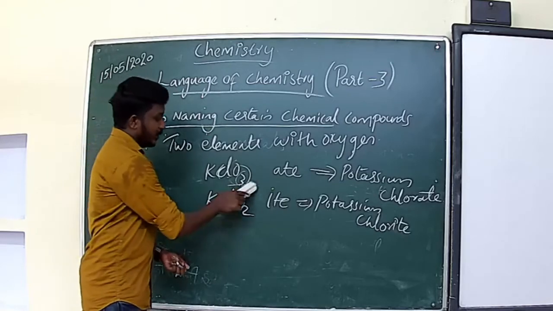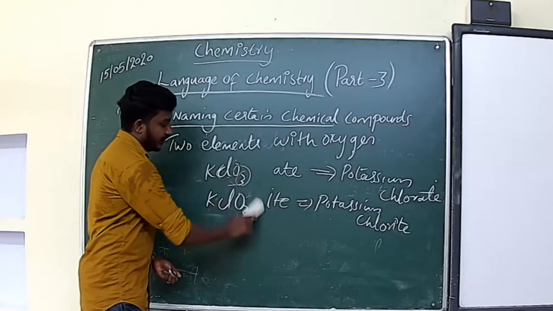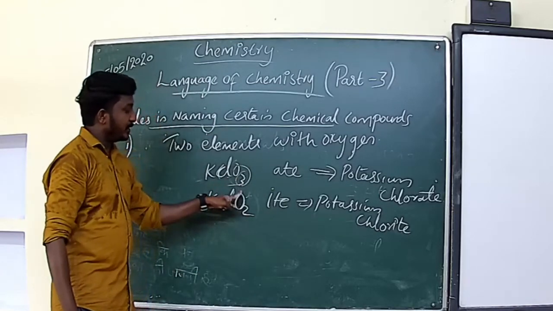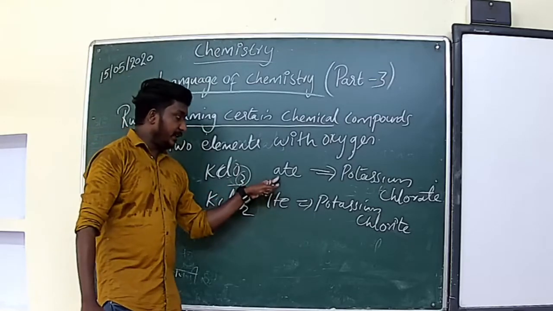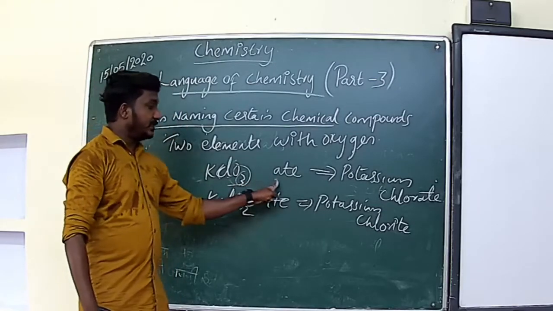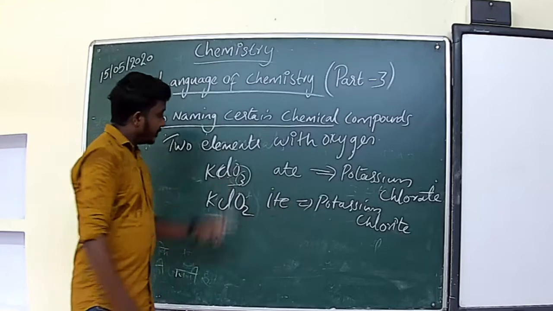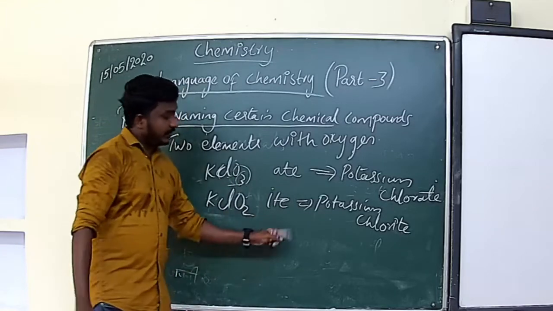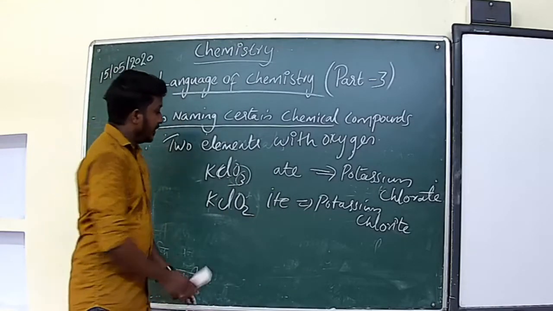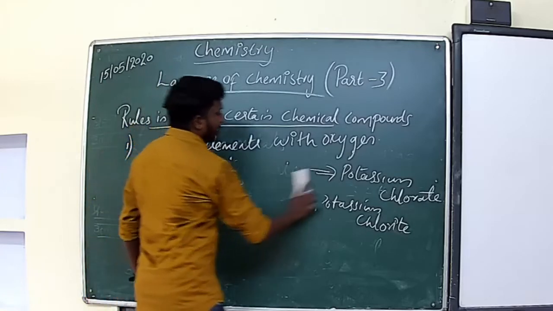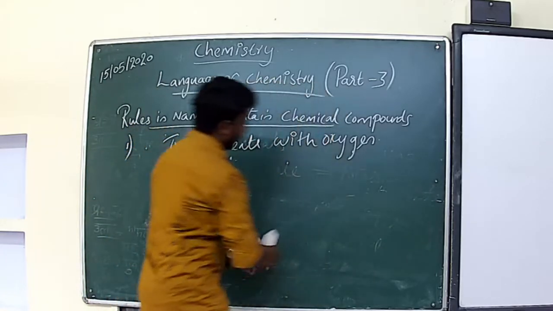How are the names given? Because here there is a more number of oxygen atoms, here a lesser number of oxygen atoms. If there is more number of oxygen atoms, we will suffix with ATE, and for O2 we will give the name ITE. Clear? Then one more example we have, that is